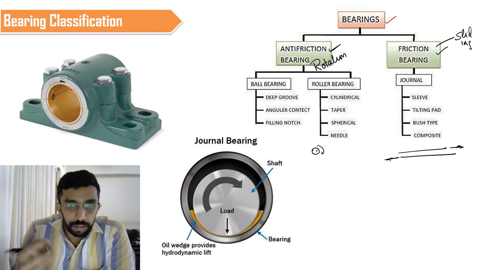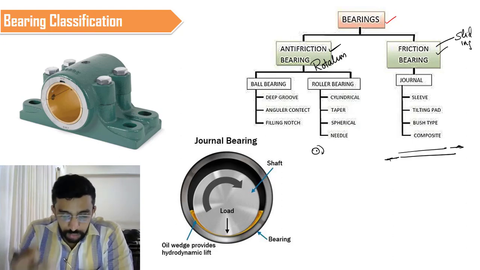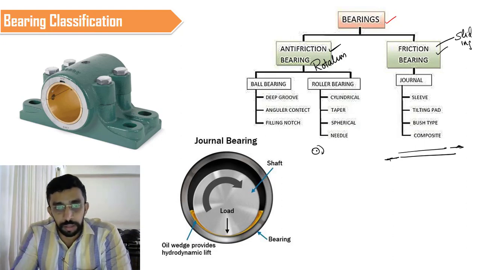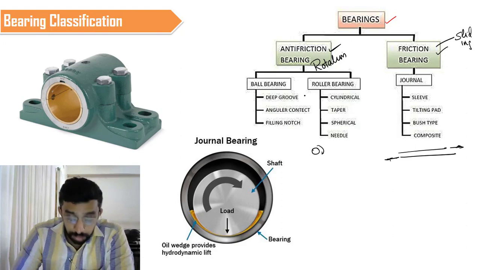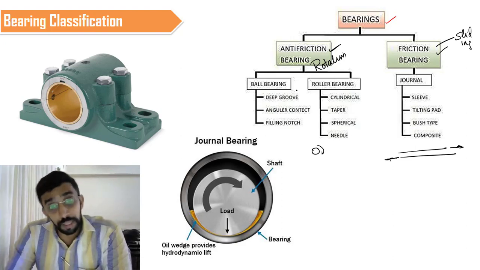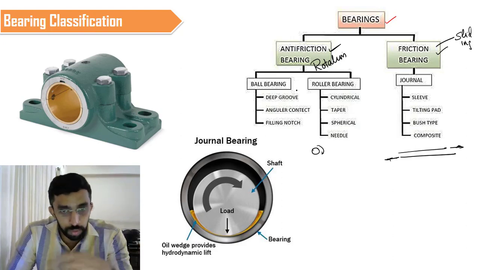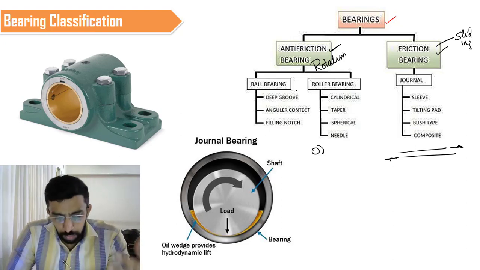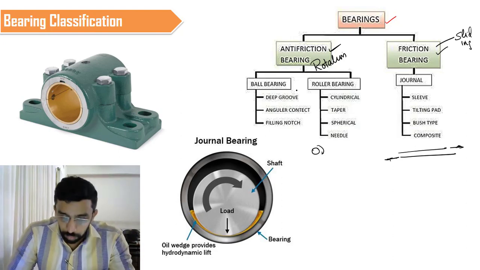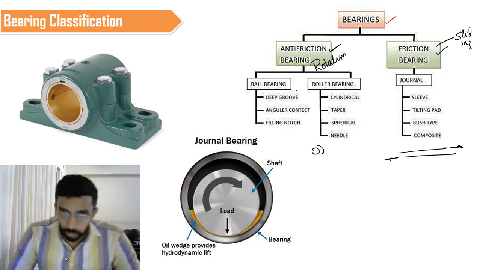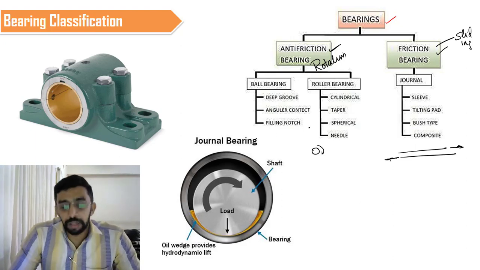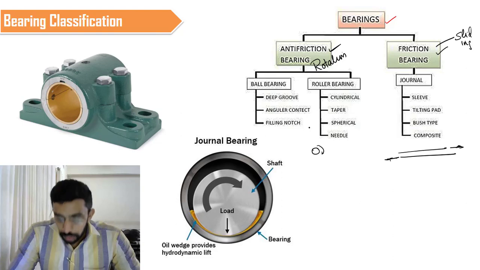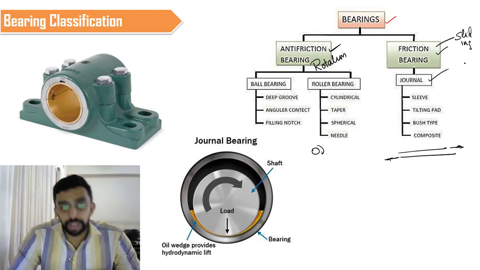Under each category we have got different sets of bearings. For anti-friction bearings, we have got ball bearings as well as roller bearings. Even ball bearings have various divisions. These are just three; these are not the only divisions. We have got many others, like self-aligning type and double groove type. All these types are there under the ball bearings. Similarly for the roller bearings also, different categories are there. All these things will be learned in this chapter, and our initial discussion point will be the general bearing.